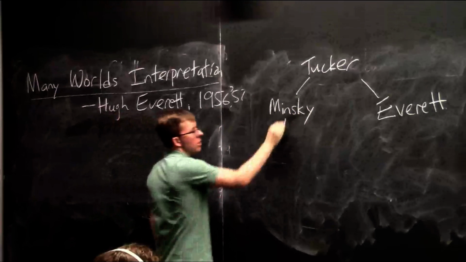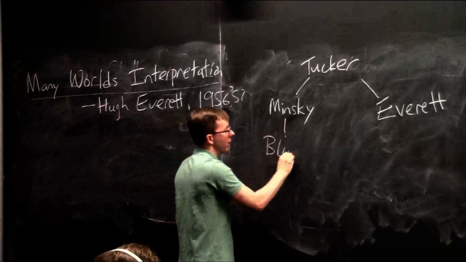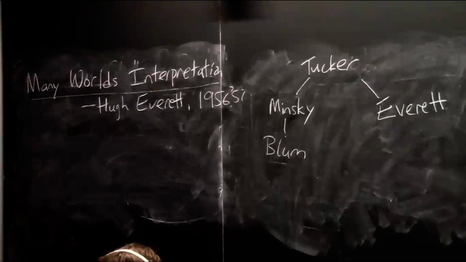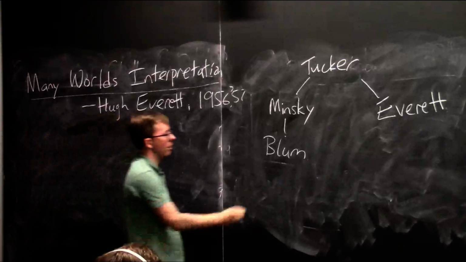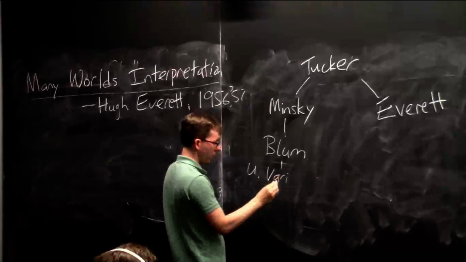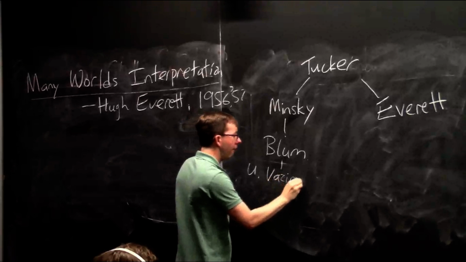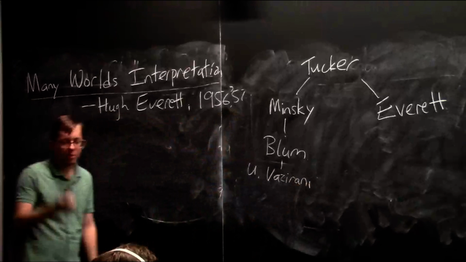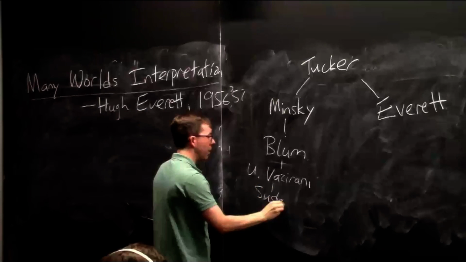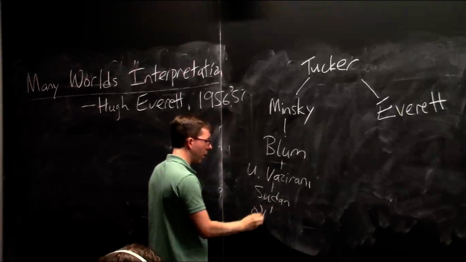One of his PhD students was Manuel Blum, a very famous Turing Award-winning computer science professor here at CMU. One of his students was Umesh Vazirani, this quantum computing expert whose lectures you might have seen. And this person also had a few famous and not so famous descendants as well.